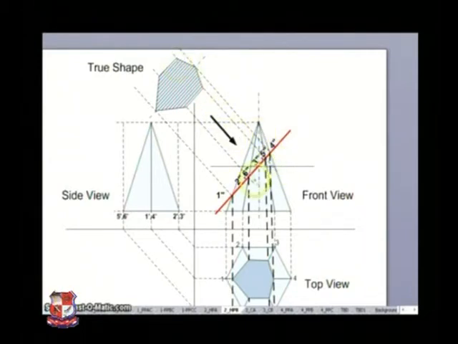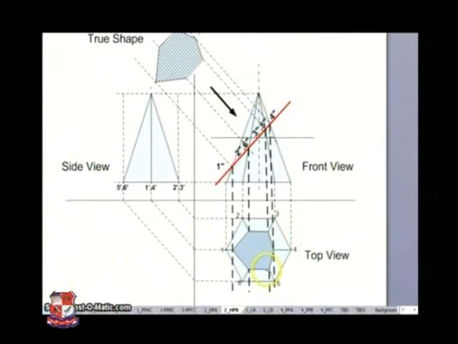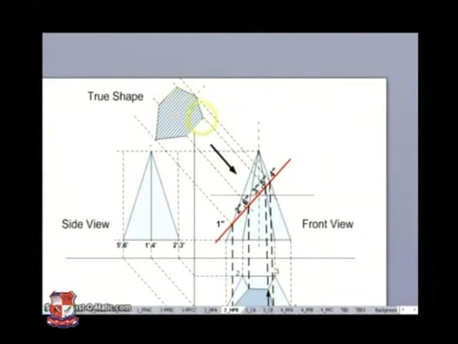So I have extended all the lines here, and this distance from this point to that point will be the same here between these 3 and 5. Okay, so that one, this height, let me draw that height as well. So this shape and this line here, okay, that is the same height between these 2 points here, 1 and 2. Okay, between these 2 points. So that's how you get